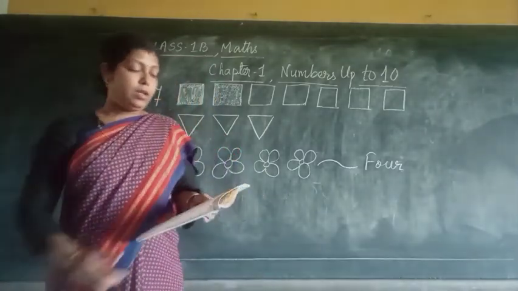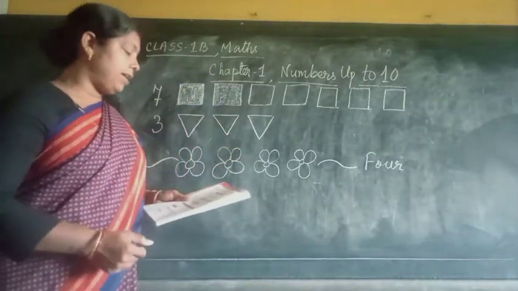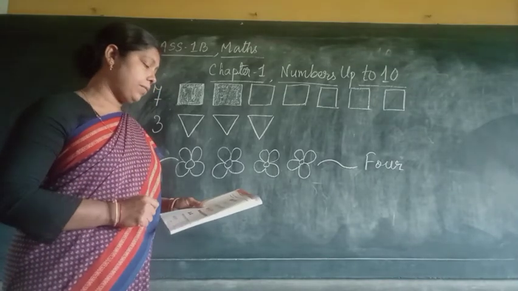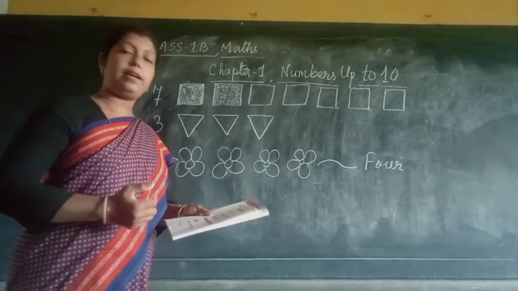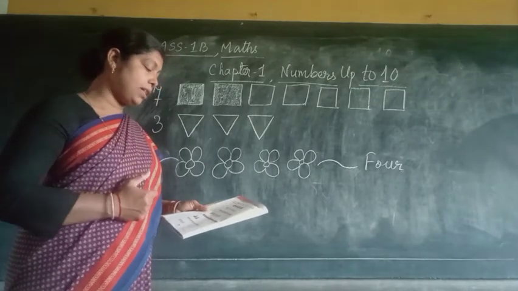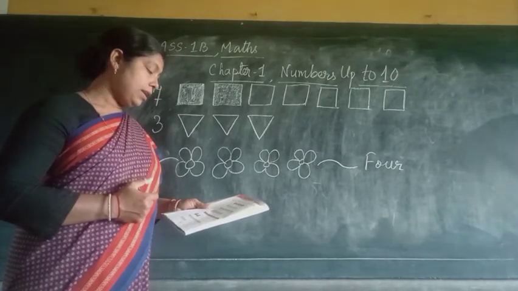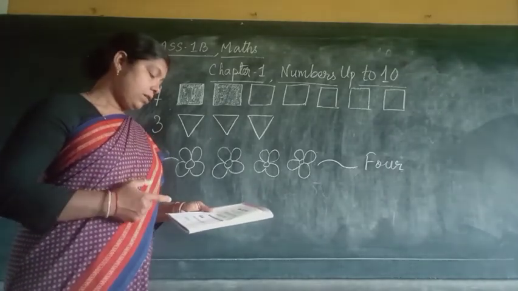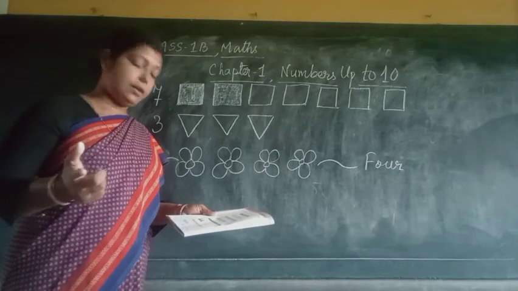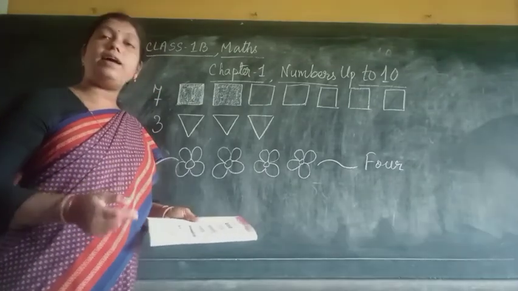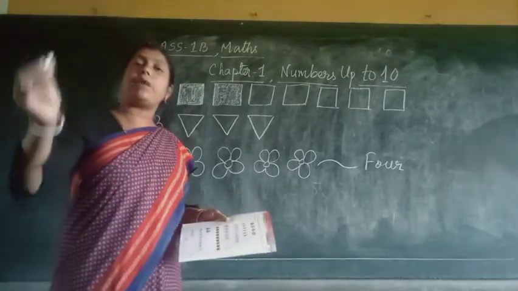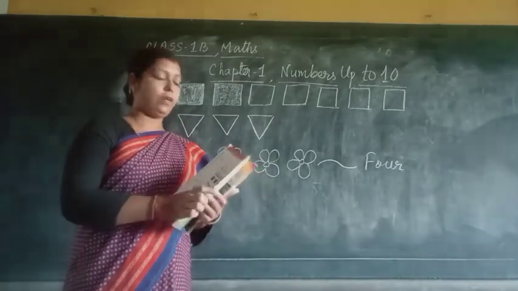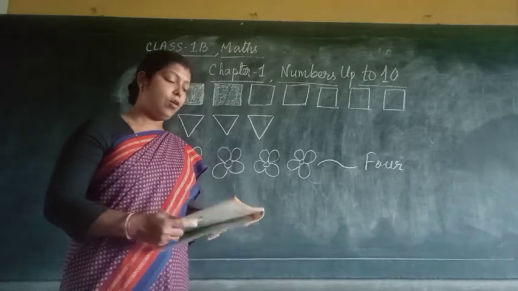Okay. So you see 4 flowers are given. Okay. Then 6 toffees are given. 7 kites are there. 5 balloons are there. 9 apples are there. 2 hats are there. 8 pastries are there. Then at last 3 balls are there. You please match with the number and the number name here only in the book itself. This was page 6. Okay.